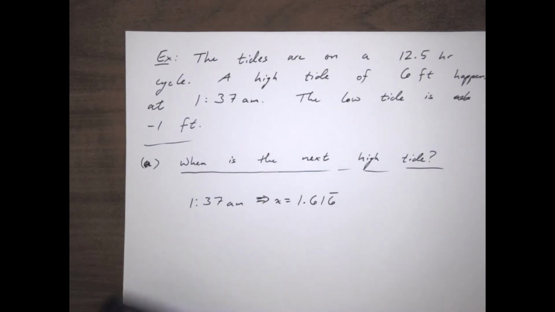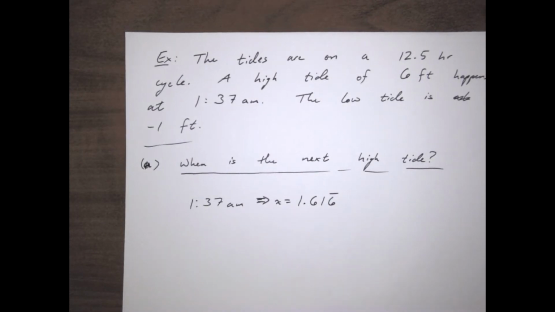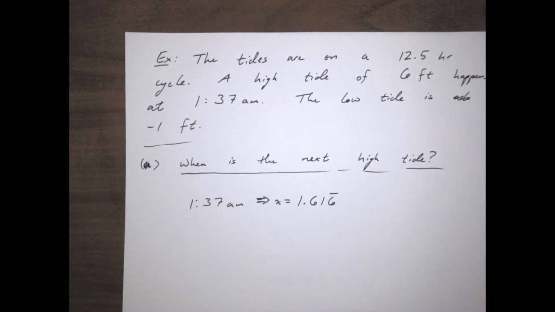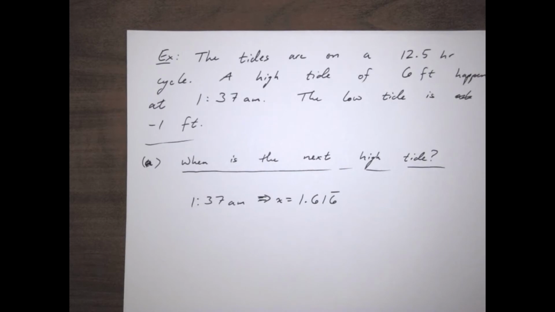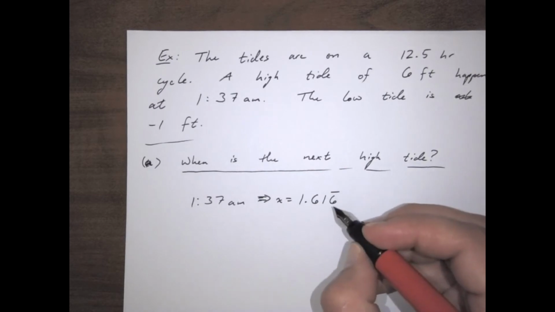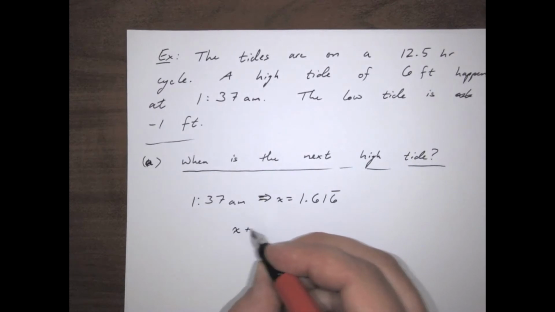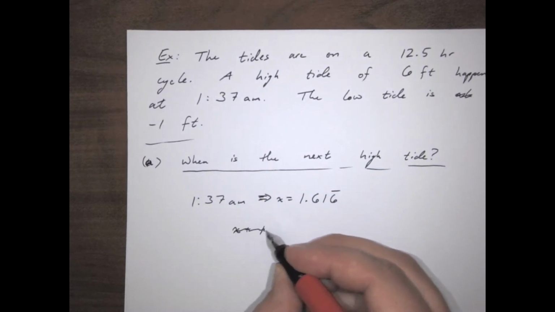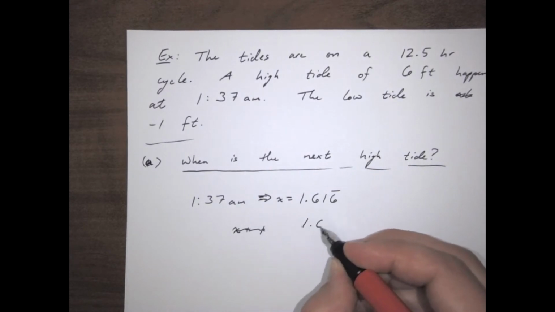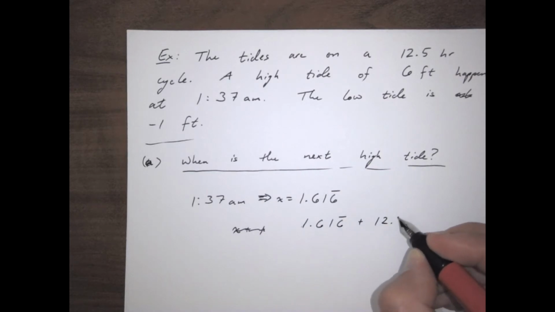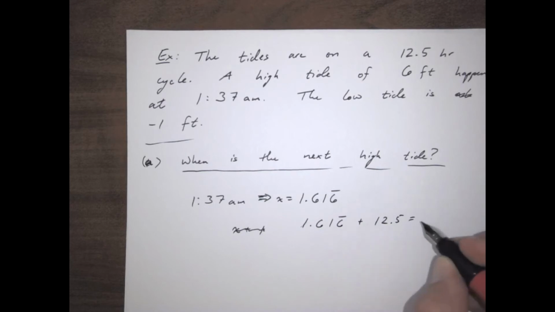So we'll call that x equals 1.616666. Okay, so we know that the tides are on a 12.5-hour cycle. A high tide is a maximum, and so we know the next max will come 12.5 hours later. So 1.61666666 plus 12.5, that's going to equal 13.16,